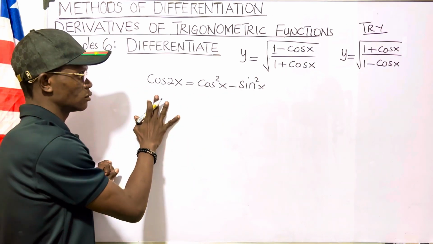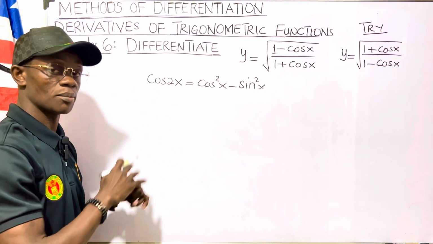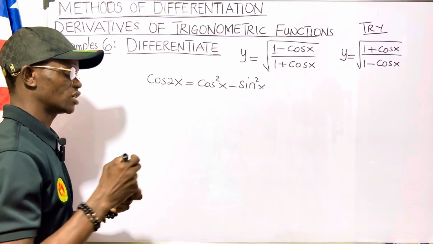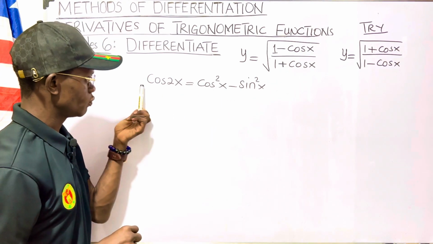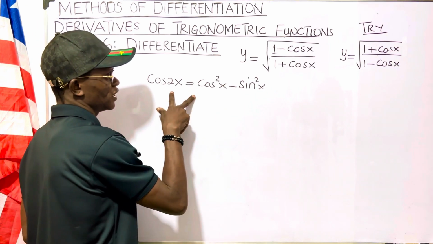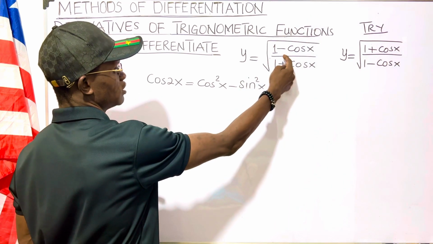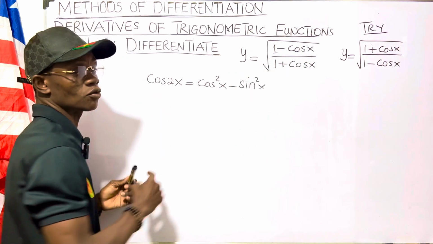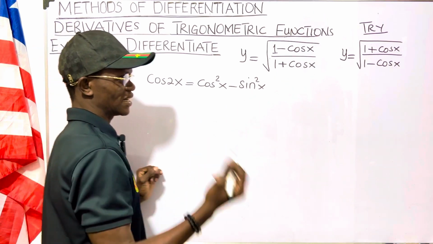This one was derived from the cosine of a sum, so if you check the video, you can see how we derived this particular identity. Now, from this identity, we can derive a few other identities that can lead us to simplifying this problem before differentiating. We know that from the Pythagorean identity,